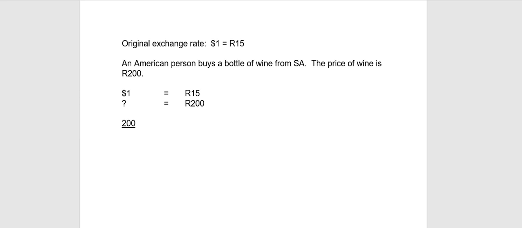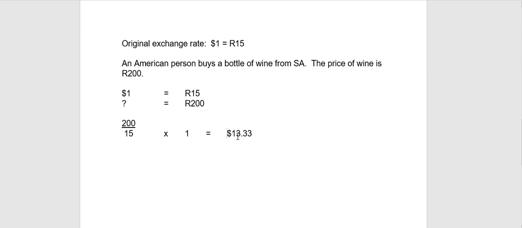That is the price of wine. Then we're going to put it over the top one, and the top one, obviously, is the exchange rate. Over 15, right? And we are going to multiply by the other one. The other one in this case is just one. It's $1. So our answer is going to be 200 over 15. Let's see how much that is quickly. 200 divided by 15 means that this bottle of wine, this lovely South African wine, is going to cost them